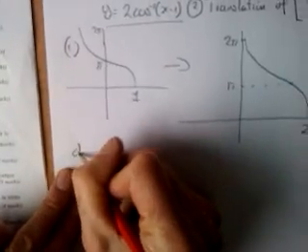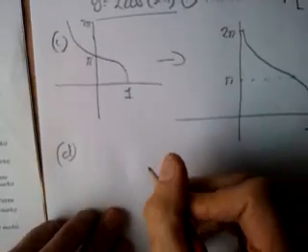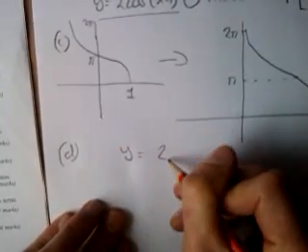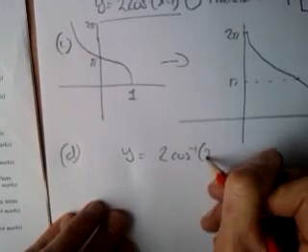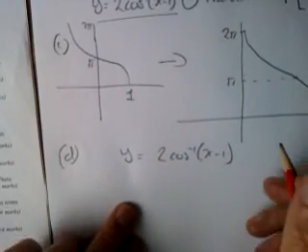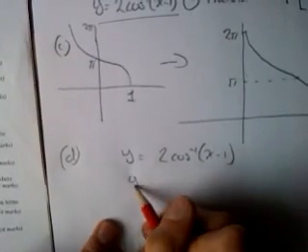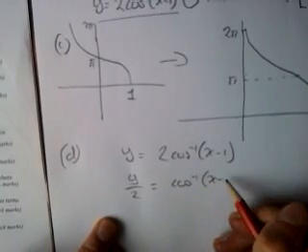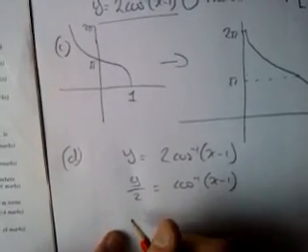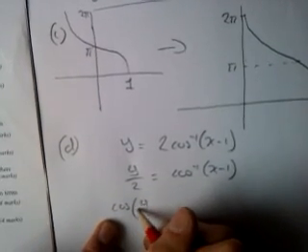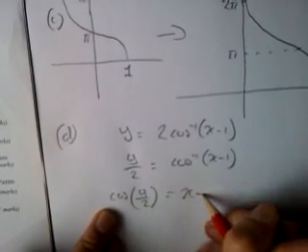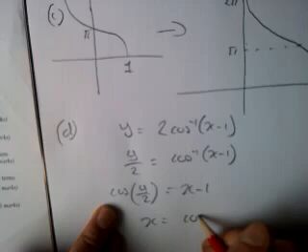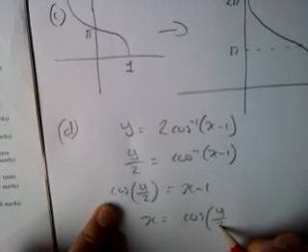Part D. Write this equation in the form x equals. So I'll divide by 2 to get the inverse cos on its own, and I'll cos both sides. So we get cos of y over 2 equals x minus 1, or x equals cos of y over 2